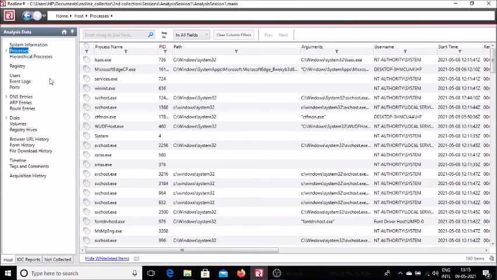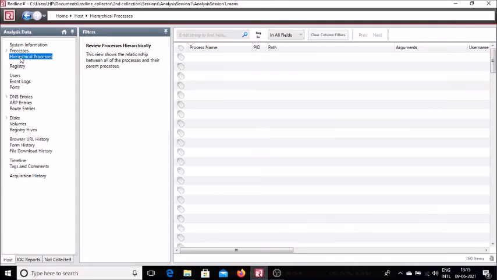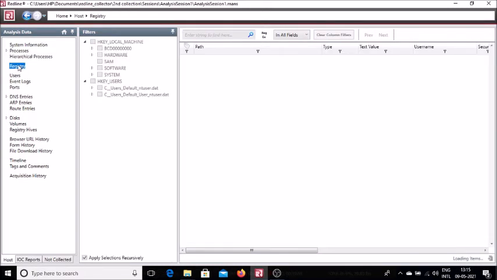We can see those process lists. We can see the processes in hierarchical fashion, which process is owned by which user and which parent process. We can see that. Also we can see registry values and registry related information, user related information,